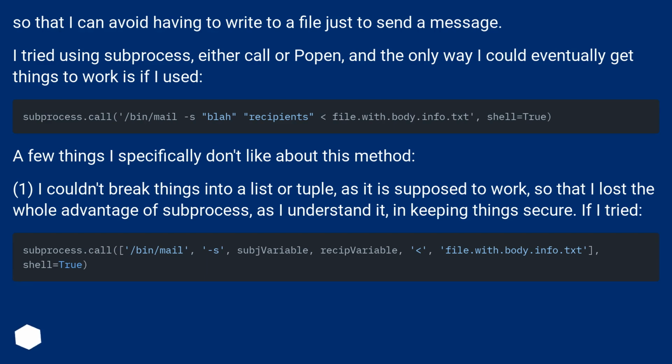A few things I specifically don't like about this method. 1. I couldn't break things into a list or tuple, as it is supposed to work, so that I lost the whole advantage of subprocess, as I understand it, in keeping things secure. If I tried